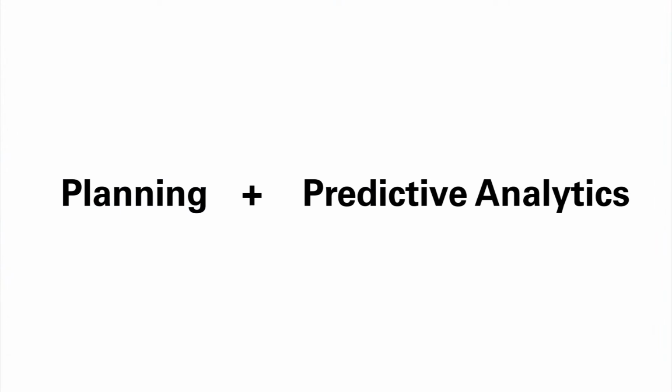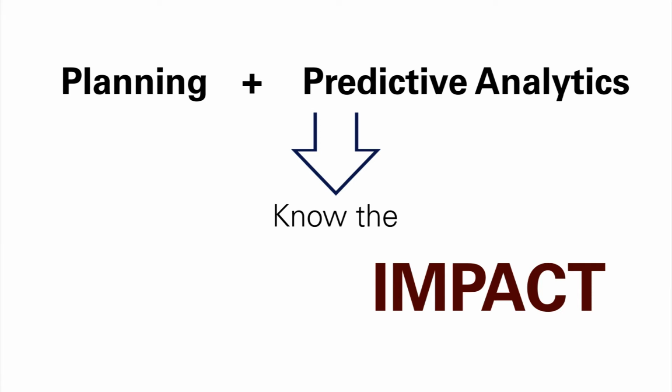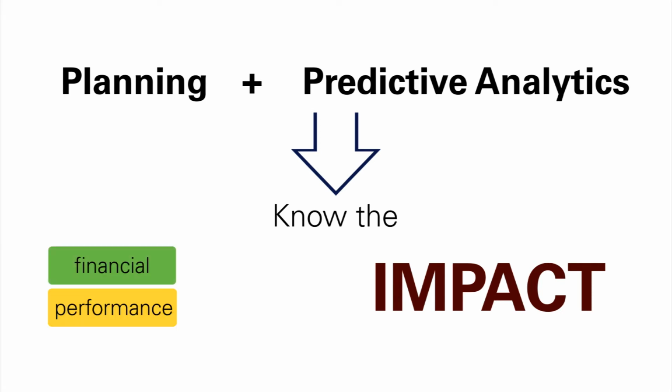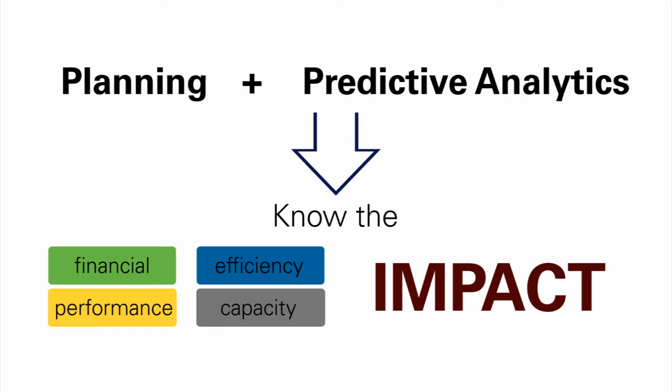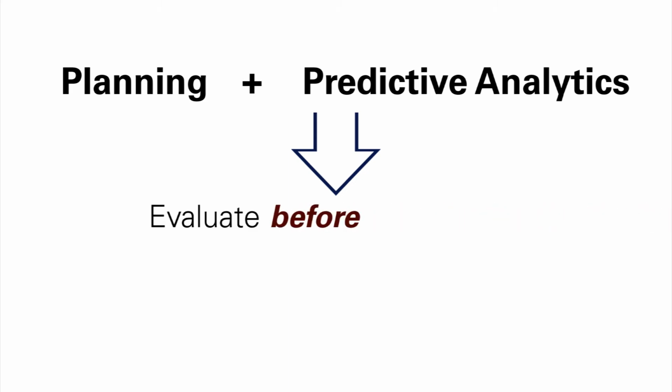Scintilla version 4 is the first release of Scintilla to include planning and predictive analytics to better understand how the data center and IT environment will evolve with changes that are being proposed. It'll allow you to look at the financial, the performance, the efficiency and capacity of various changes to the data center. The most important part here is that you can now evaluate changes before you implement them in order to determine if these are the right changes and projects for your data center environment.